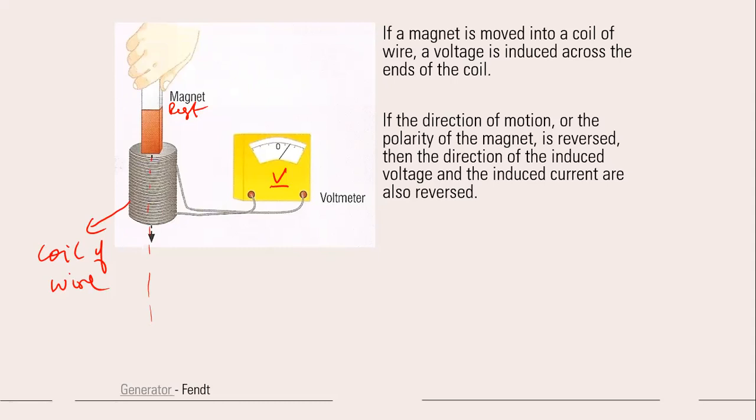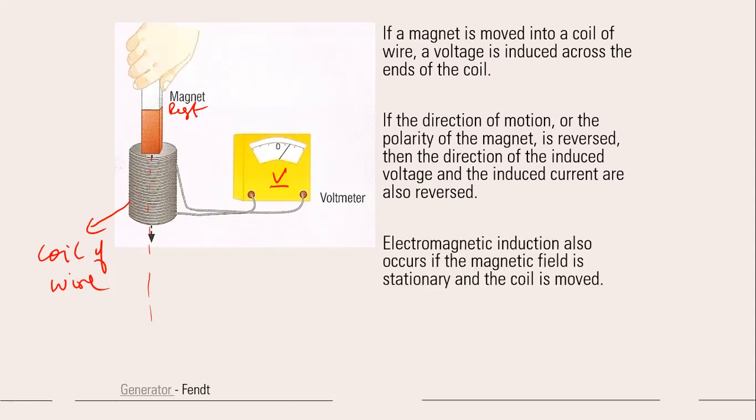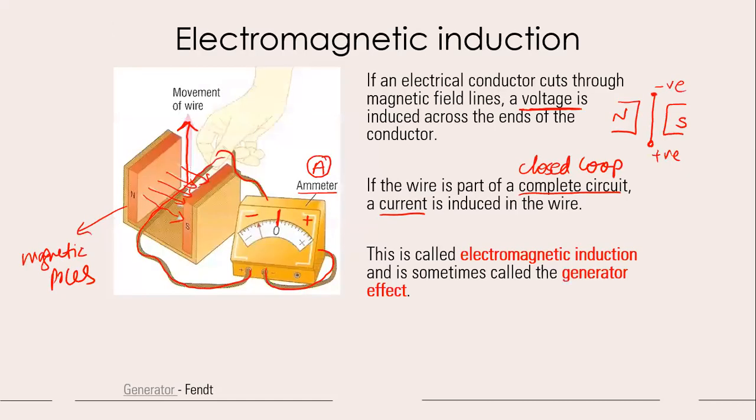We'll also see this in the factors, that how you can reverse the polarity of induced current or polarity of voltage. We can do that by reversing the polarity of the magnet. So electromagnetic induction also occurs if the magnetic field is stationary and coil is moving. Like you have to move one thing, you have to move the magnet or you have to move the wire. So if we look back over here, you are moving like the magnets